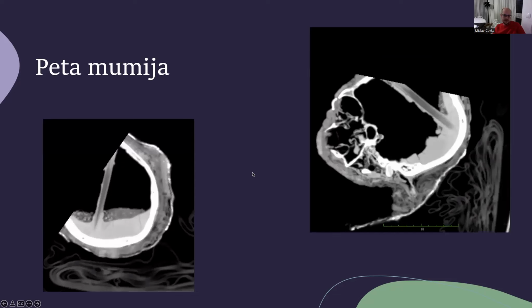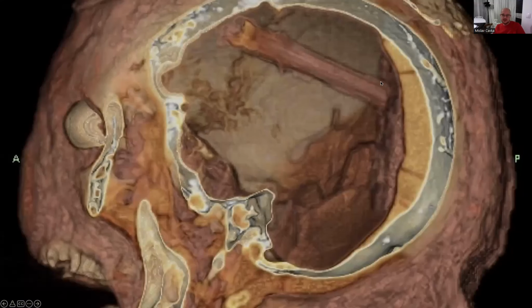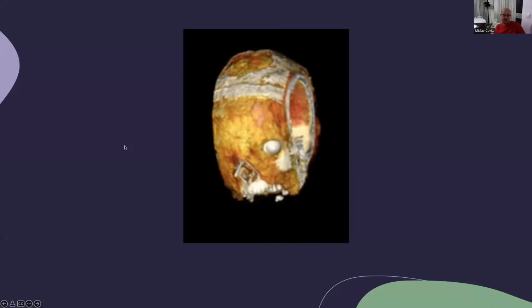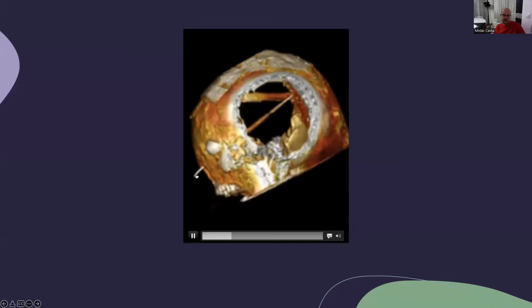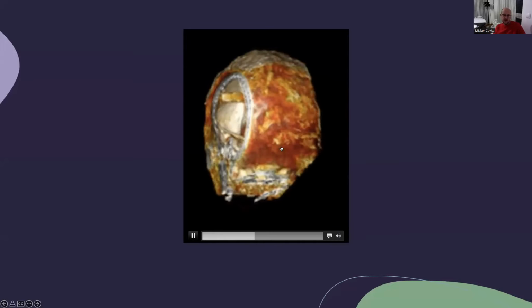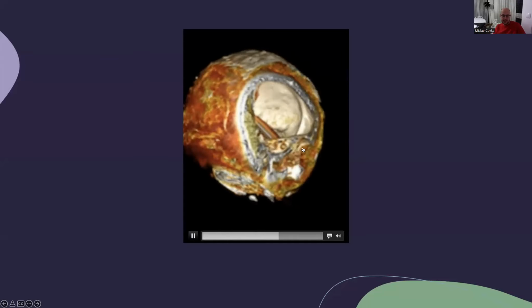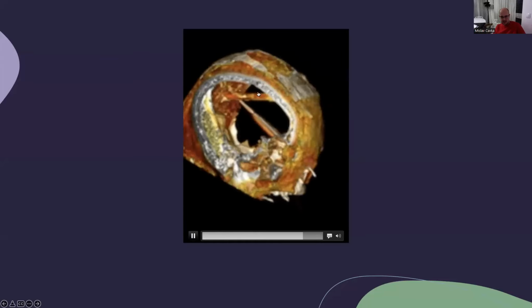So this is the reconstruction, and this is virtually cut off the lateral part of the skull, where we can see the reconstruction of this object, for which we thought it could be brain remnant or papyrus or some wooden stick. So we decided to enter inside the head with endoscope under the CT guidance, which was the first time